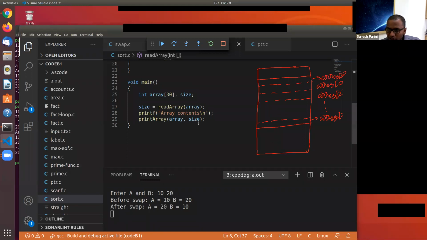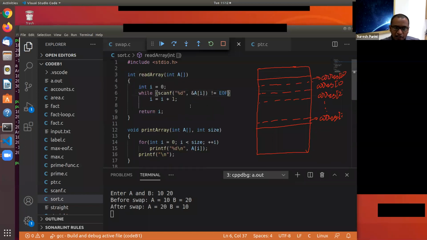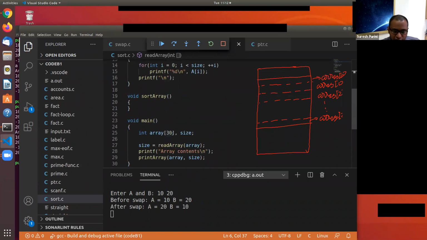What happens after that? I will become equal to 30, but your program will be buggy. When you say 30, if you end up trying to access array of 30, what are the valid array indices?